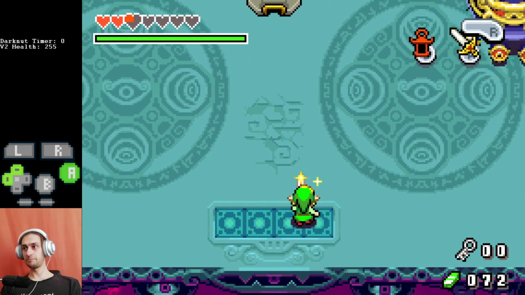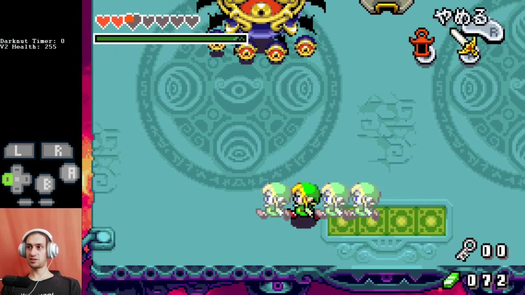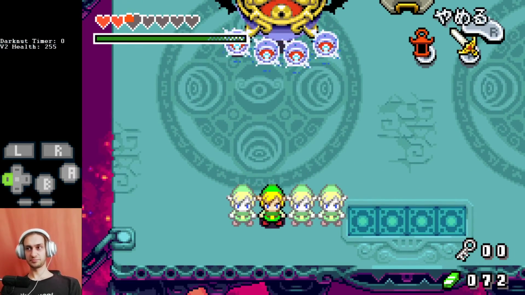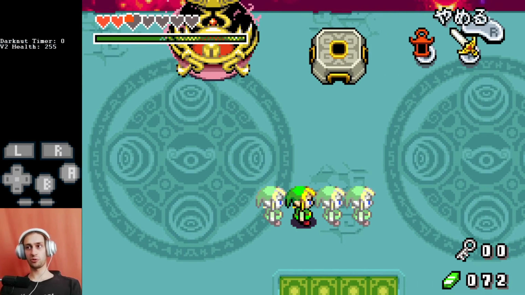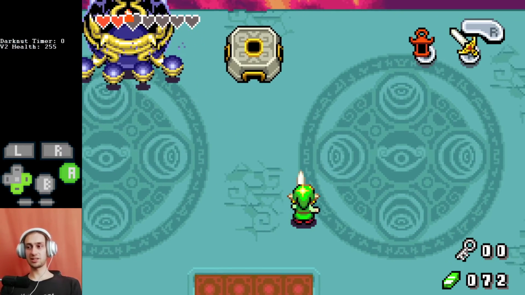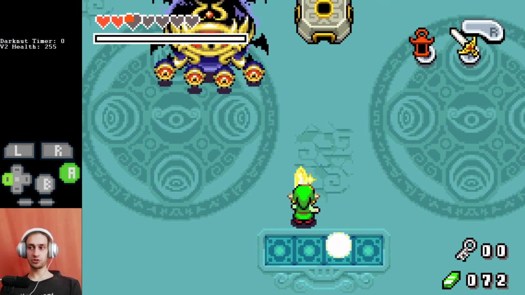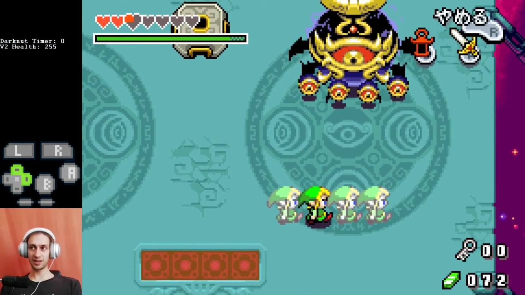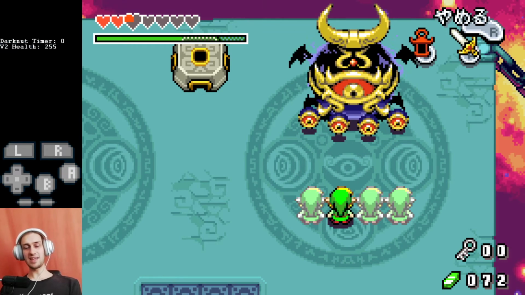So how do I line this up to get good hits in? I stand pretty far down, wait for him to be in the air, and then you've got lots of time to react to the blue orbs heading towards Link. I really don't recommend getting up close. Sure, you can save a fraction of a second by being super close here, but if you're too close,